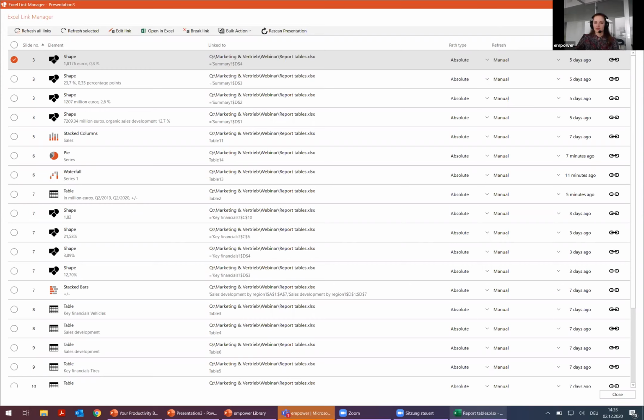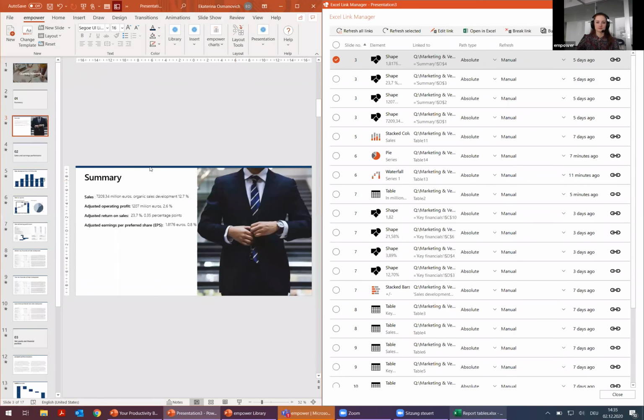Yeah, and what I would like to do right now is to update our summary slide. I will just arrange my windows a little bit differently so that you can directly see both the Excel Link Manager and the PowerPoint slide. So here are the numbers for Q2. What I can do right now is select all the different elements located on slide number 3 and refresh selected elements. You probably noticed directly that we had 7,000 million euros as a sales number, and now it's 11 million euros. And over there you see that all the numbers from Q3 are directly integrated into our